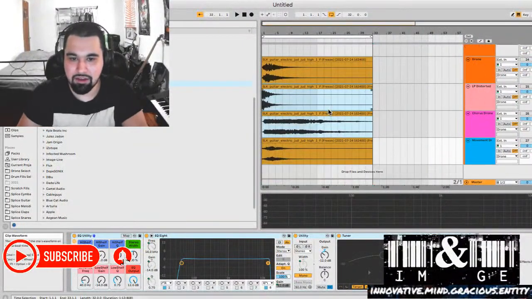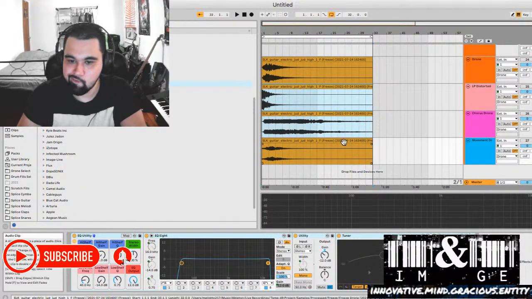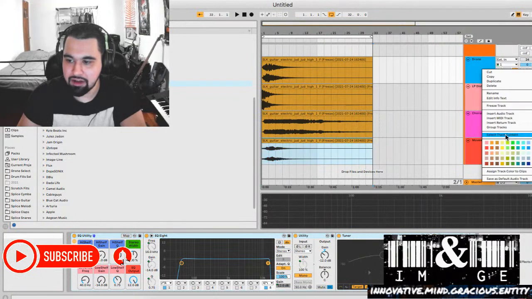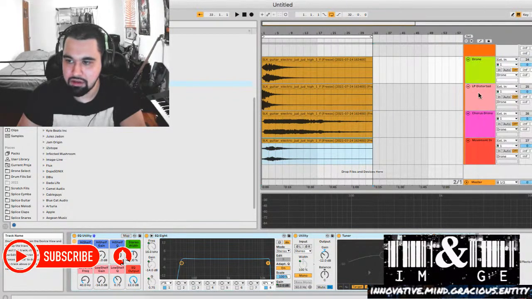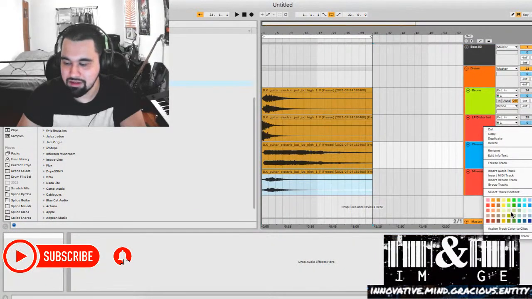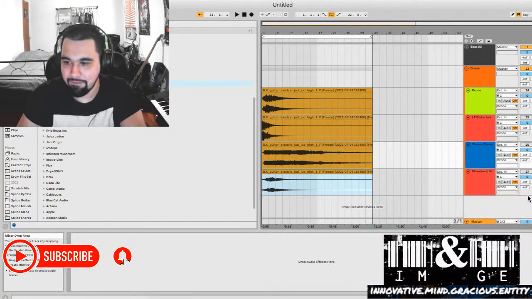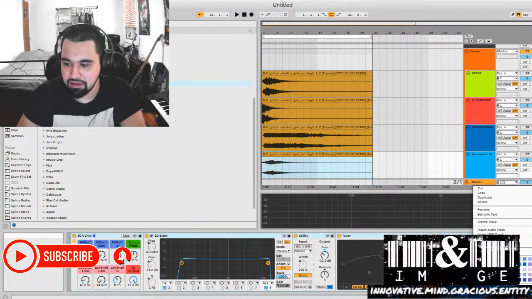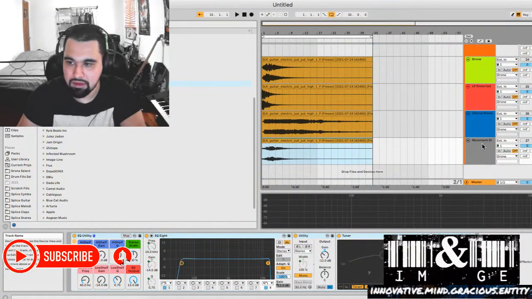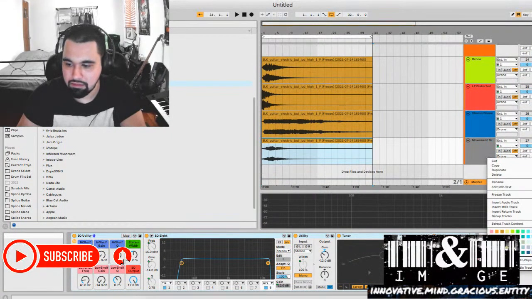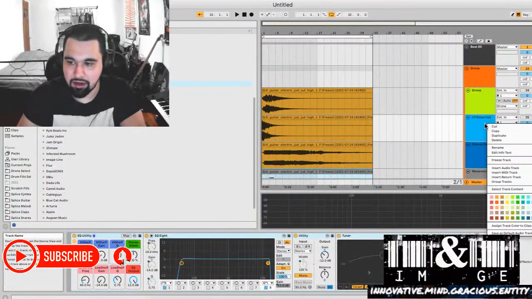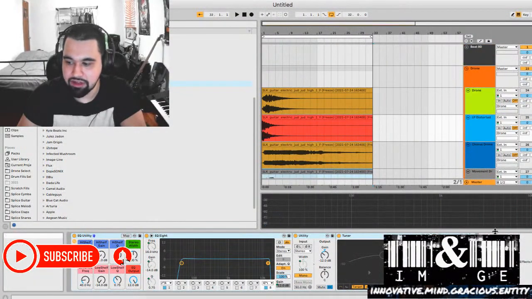So I've got 4 sections. Might be a problem. Let's go ahead and give a different color. Distorted, chorus, movement. Now I just like to color code my stuff because it's so much easier